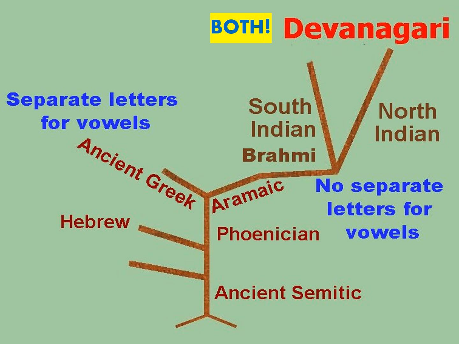Now, I said in the last video that Devanagari, that is the writing, is a North Indian adaptation of Brahmi, which goes back to Aramaic, which goes back to ancient Semitic. And what distinguishes that line of development is that it has no separate letters for vowels. Well, somewhere along the line, Devanagari decided not to follow those rules, and it has both vowels that are independent